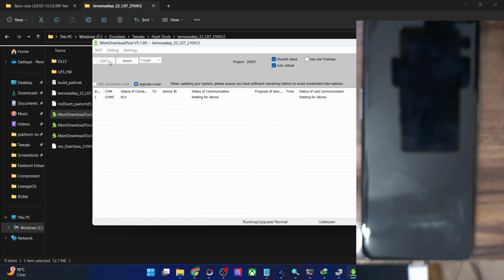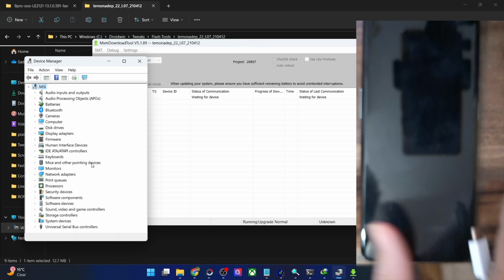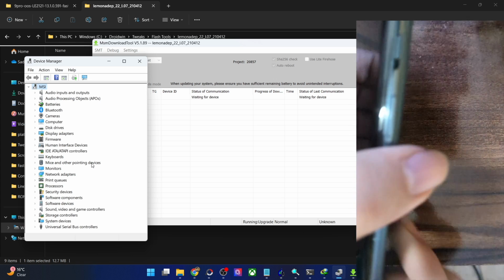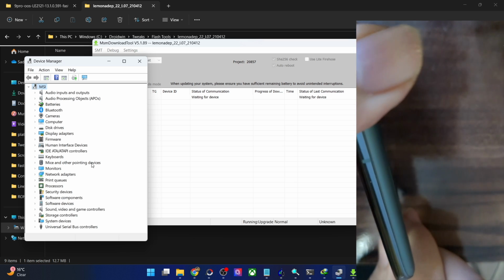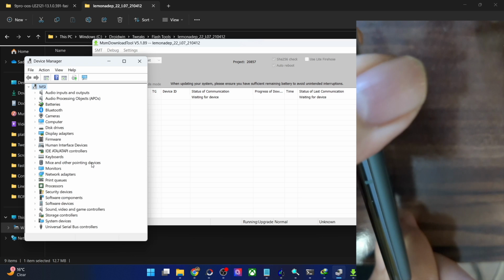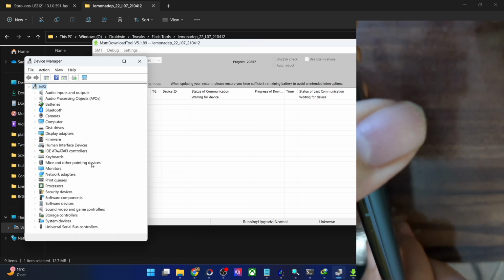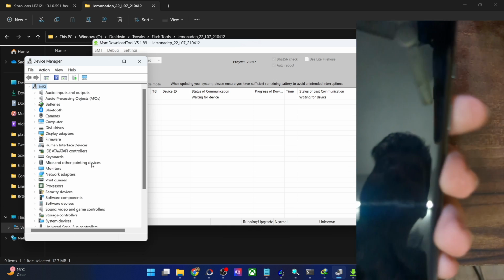So click on the start button. Likewise, you could open the device manager over here. And now let's try to boot our phone to EDL mode once again. So press and hold the volume up and volume down keys, and while holding both the keys, connect the other end to your PC by USB cable. And let's wait this time around. If it's showing as not recognized, then there's no need to proceed ahead.